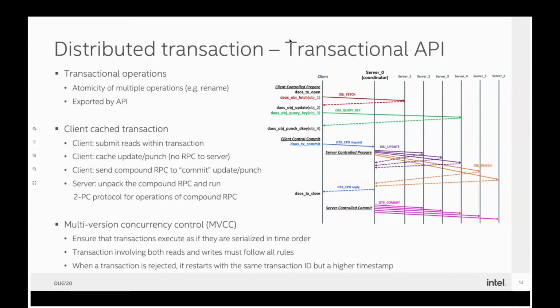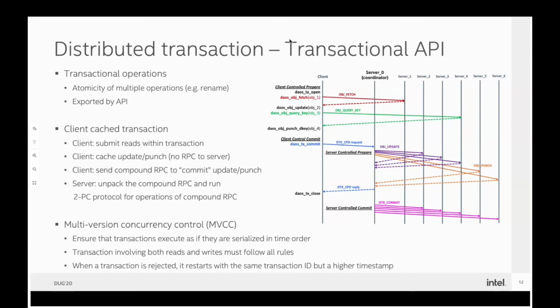So the user can explicitly start a transaction and put a bunch of fetch, update, punch operations within the transaction, then commit. These operations should either be all executed or all abandoned.